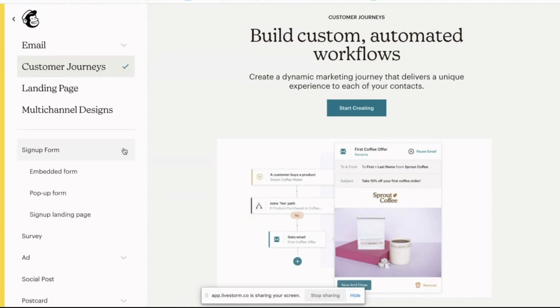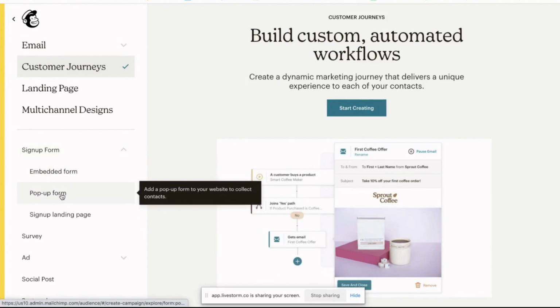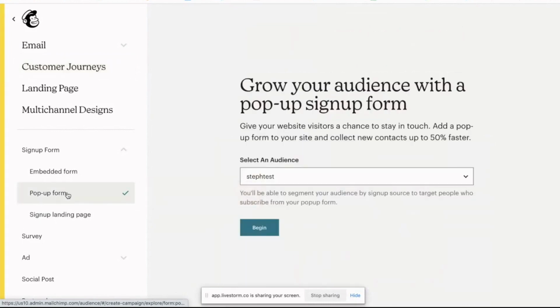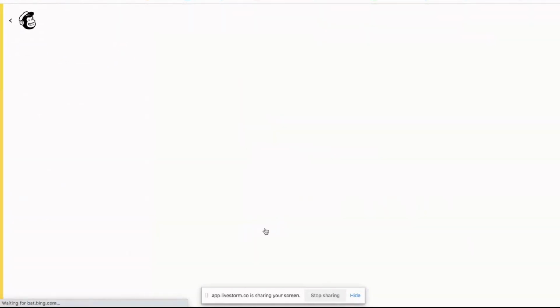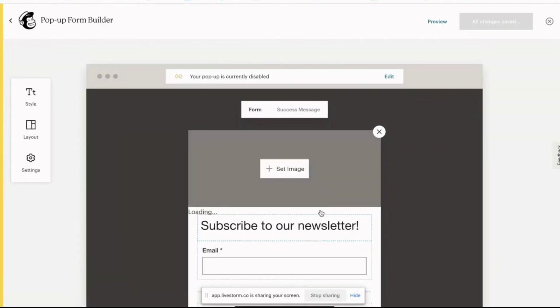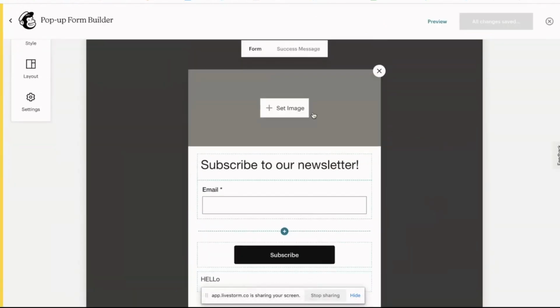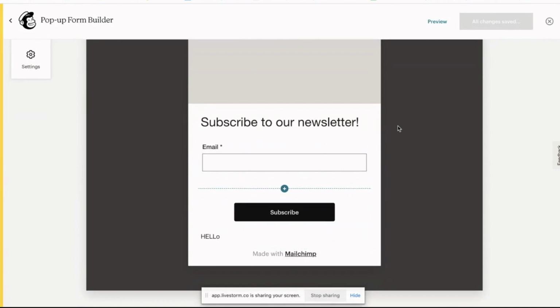With MailChimp as well, we can go and add a pop-up form into your website. So we'd just do this by adding a little bit of code in. So that would be with Steph Test, which was the audience that we had previously created. And we can create something just like this. So for example, this would be subscribe to our newsletter, just like how we had before, but this one pops up.